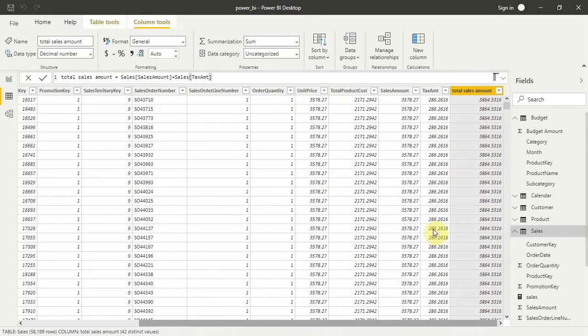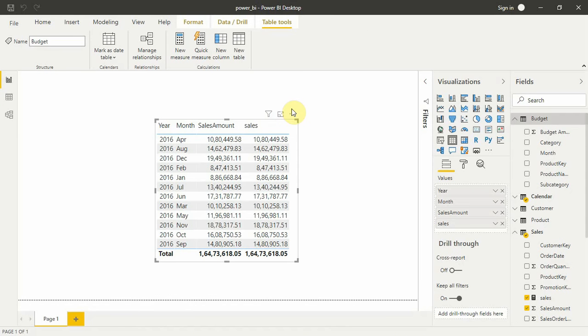Cool. So we had a new column in which we added these two. So this is not an explicit measure, this is a new column measure. I showed you how to use new column, but we can also do this using an explicit measure. So now you know how to use new column measure. We'll write some new measures in this. So write new measure in the budget table, sorry.